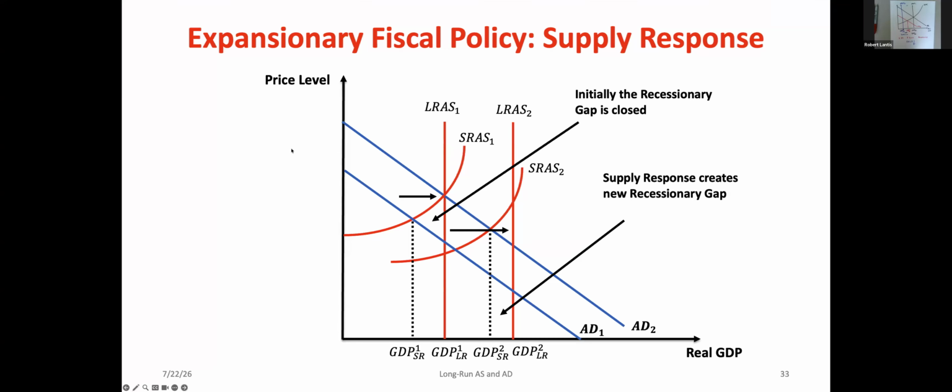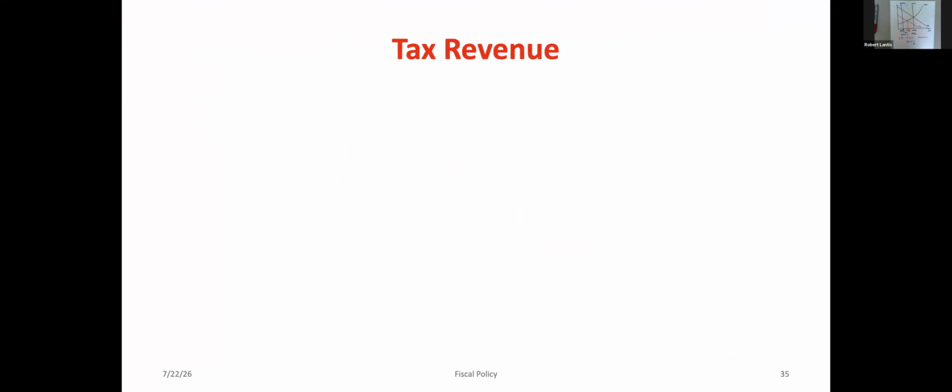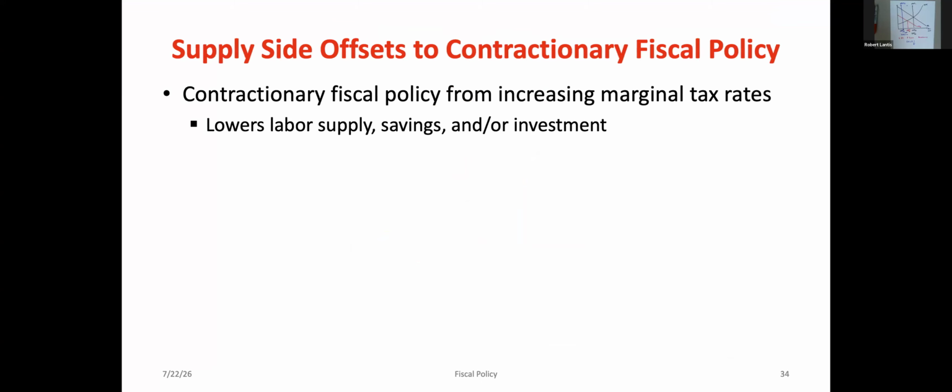Go back to the slides here. So here was our summary. If we had contractionary fiscal policy and we increased marginal tax rates, that lowers labor supply, one of the factors of pull, and it lowered our long-run aggregate supply. And so we then ended up with, even if we had no gap initially in the drawing I had, even if we try to resolve an inflationary gap, that secondary response from one of the factors of pull would cause a new inflationary gap. It might be lower than it was before, but it's still going to exist. Okay.